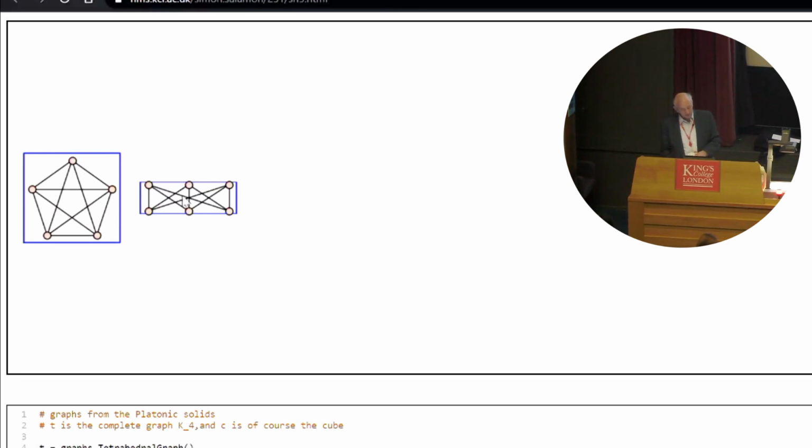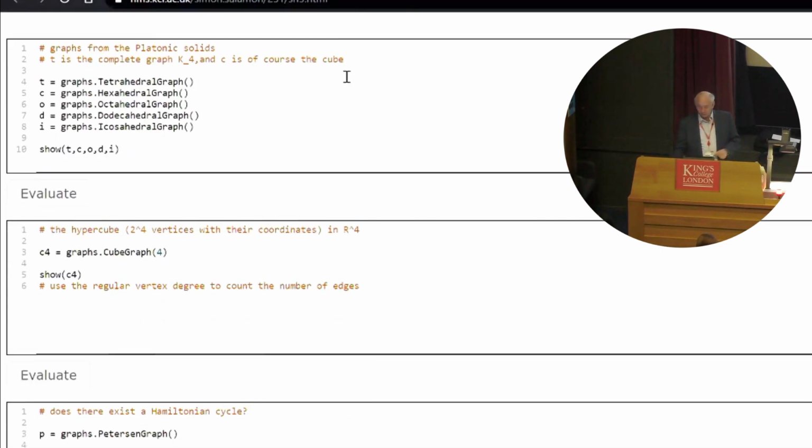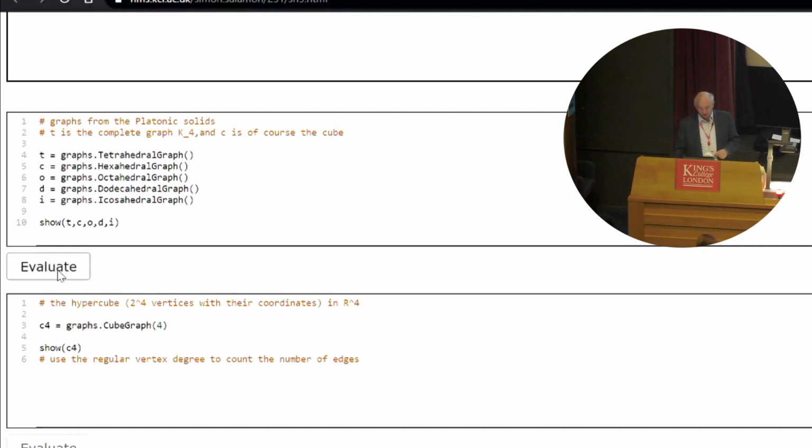So I like to think of these two graphs as sort of nasty in some sense. They're the germs that you would see in a graph that tells you can't draw the graph in a plane. So we'll come back to those. Another family of graphs